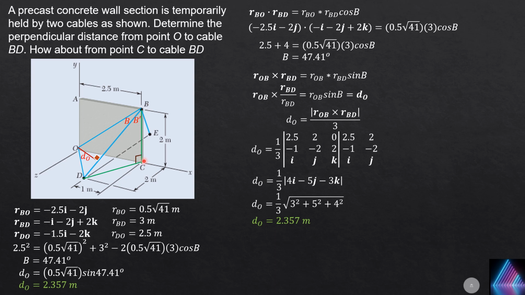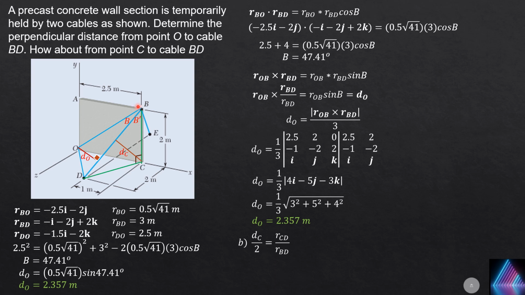For part B, you may use the same approach here, but if you notice, triangle BCD is a right triangle, and it is 90 degrees at C because this is horizontal and BC is vertical. So we form similar right triangles here. That is DC, that's 90 degrees there. So DC as to the hypotenuse, so opposite of B prime, DC. As to the hypotenuse of this right triangle, it's 90 degrees here, perpendicular distance, remember, which is 2, equals the opposite of